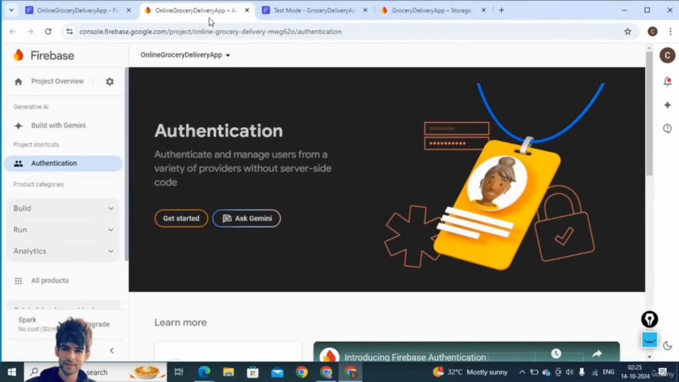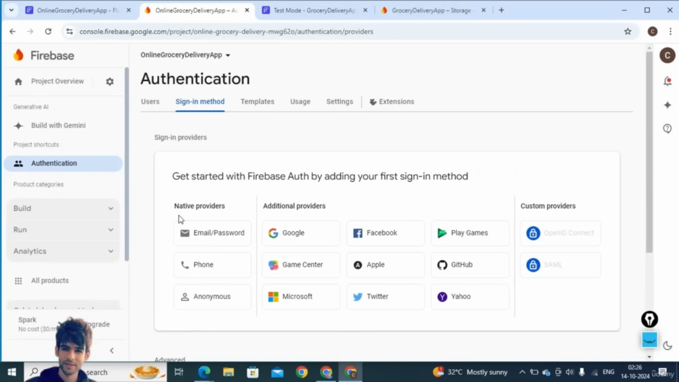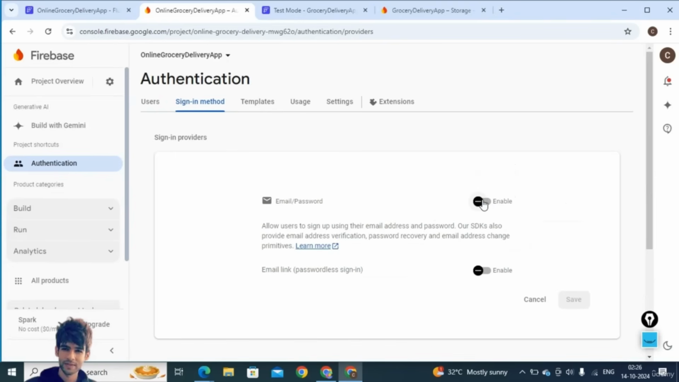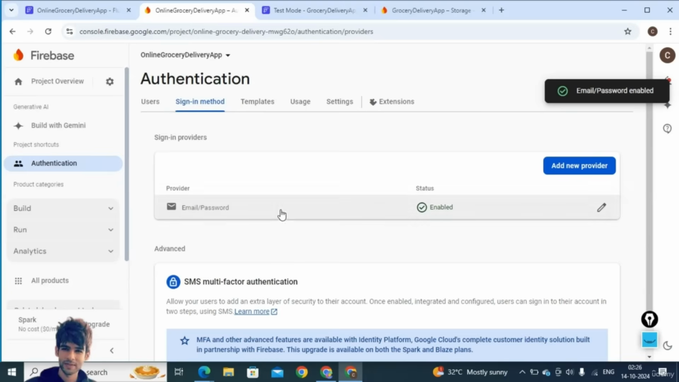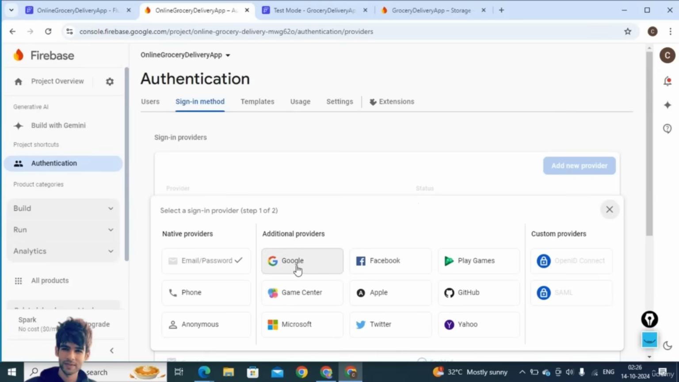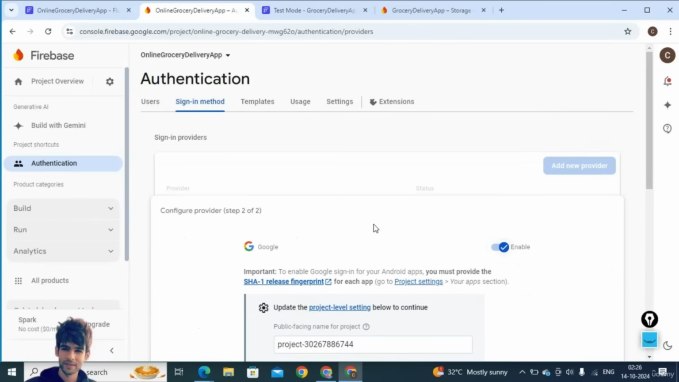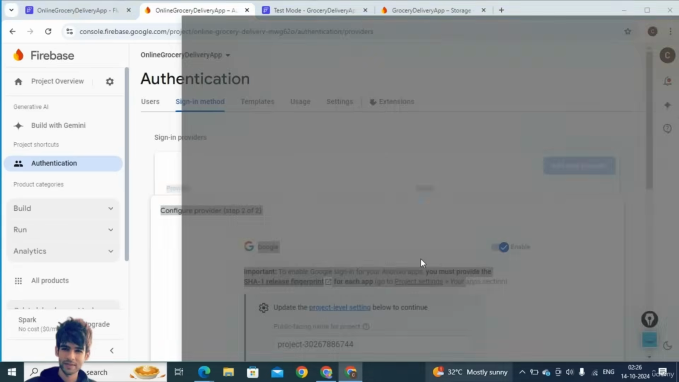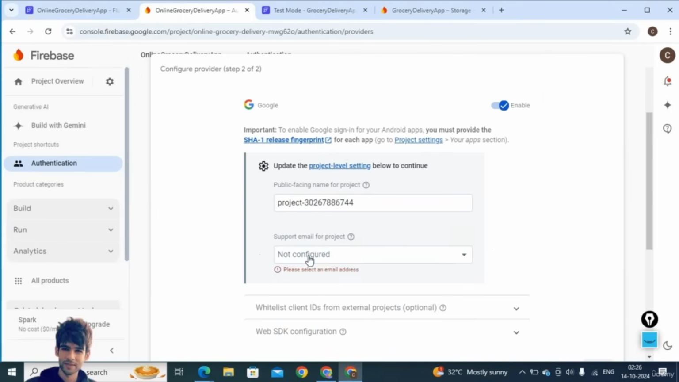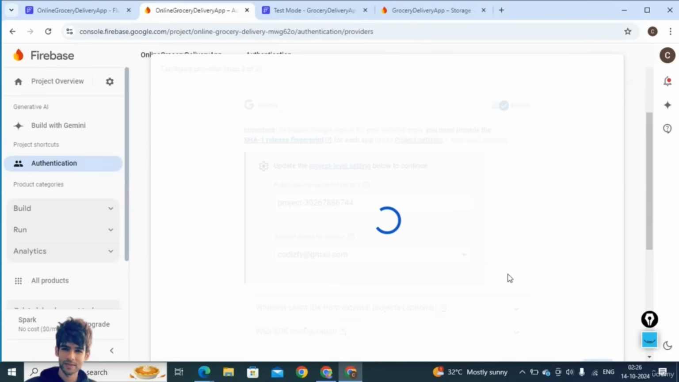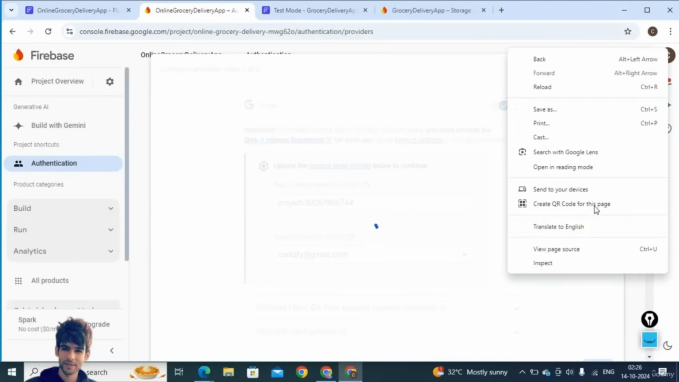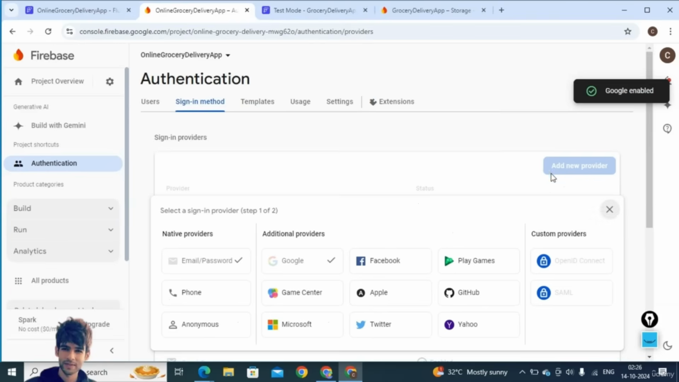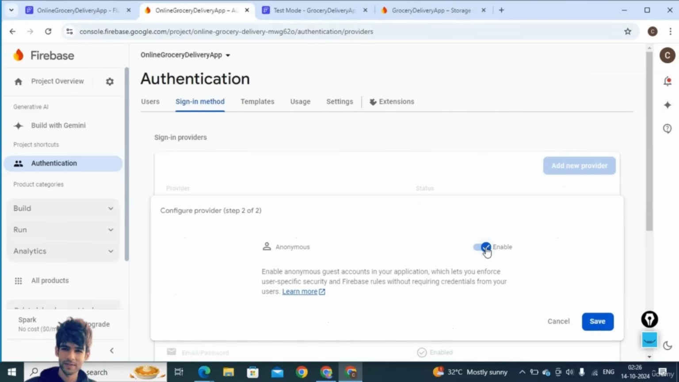Okay, online grocery delivery app, you can select get started. From inside authentication tab, you can select get started, and here we want email password enabled, so let's enable that. You can add another provider as well, like Google, enable that. And select the support email for the project and continue. Okay, that is also done. Add one more provider, anonymous, and enable this. Save this,